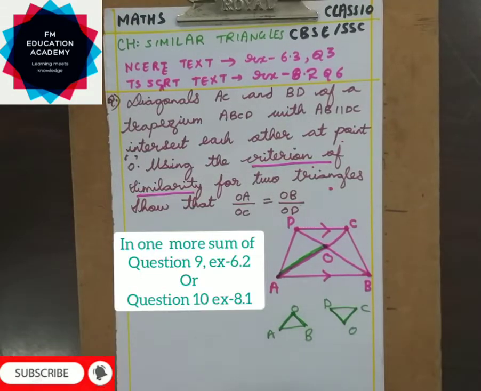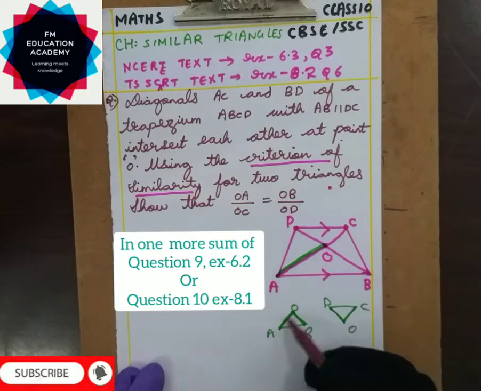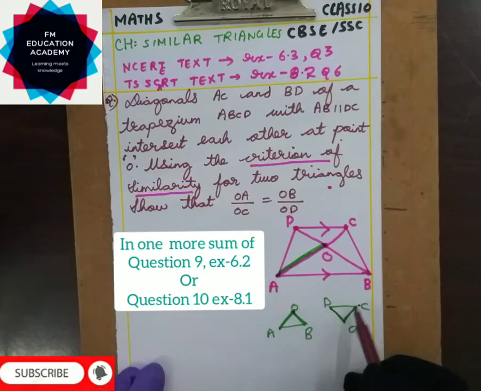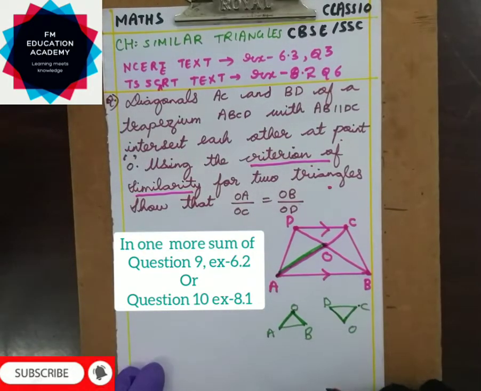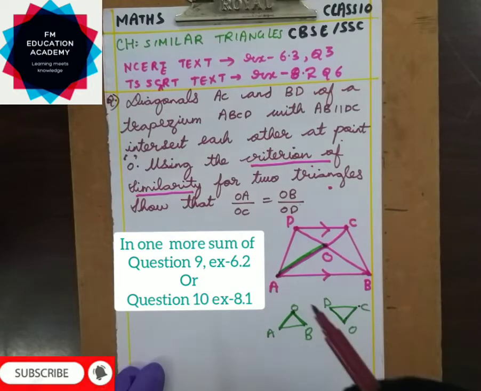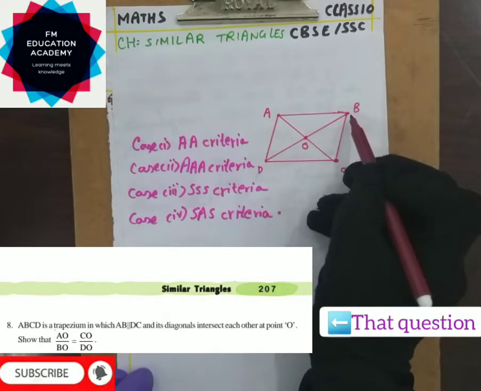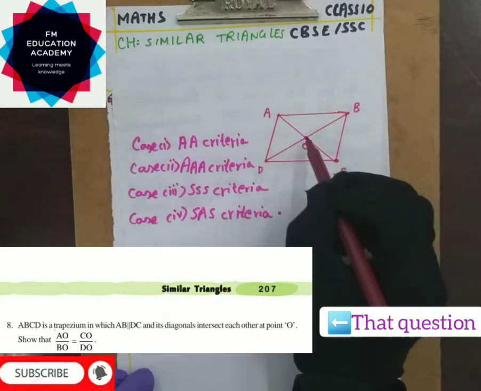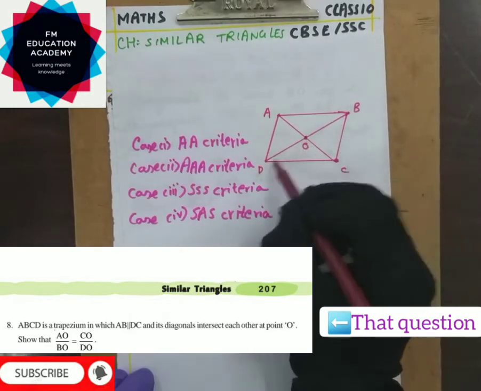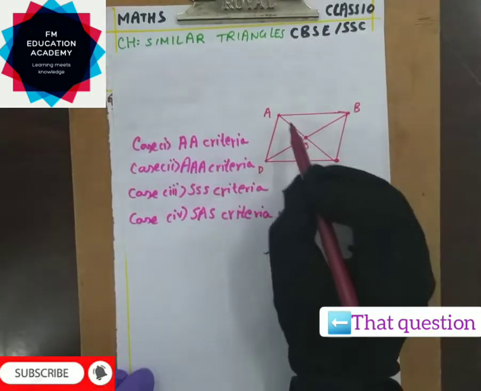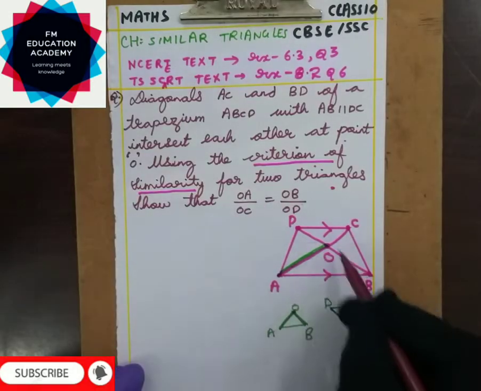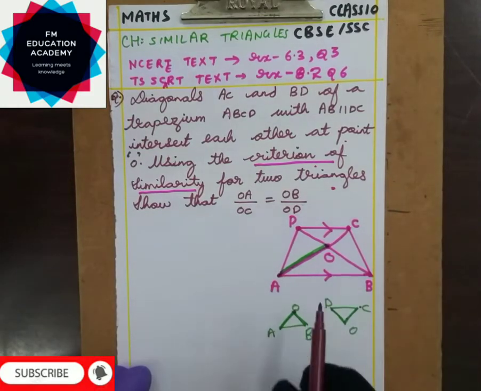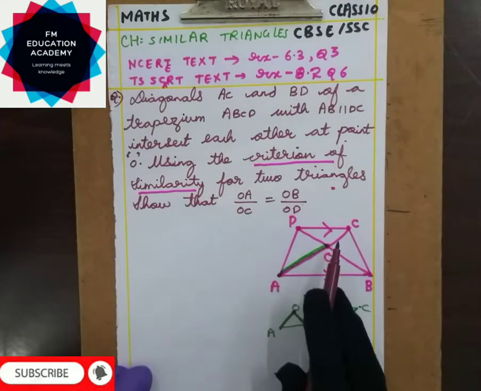In one more sum of the exercise, we saw that here if we observe, one side of one triangle divided by one side of the other triangle is equal to one side of the same triangle by one side of the other triangle. This is the question. In the other question also it was a trapezium, but there the ratio we had to prove was different. It was asking us AO by OB, that is side of first triangle by side of second triangle is equal to side of second triangle by side of second triangle only. That is, the two sides were of the same triangle and here also the two sides were of the same triangle. That was the condition. Since the two triangles are similar, the sides we can divide, and it is easier when compared to the earlier sum, because in the earlier sum the sides were in the same triangle.